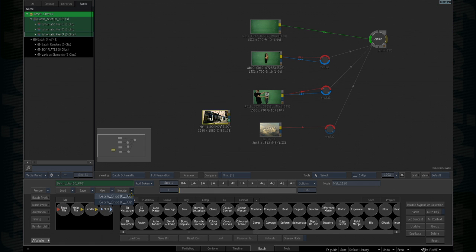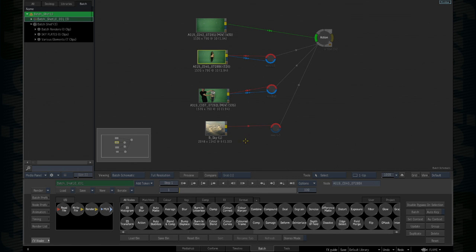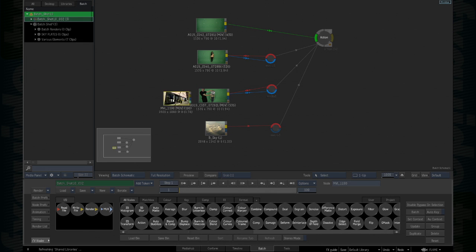But if I want to track back to the previous version, there's a drop down here, and I just switch back and it asks me if I want to replace or append. If I hit replace, I'm back to the version where I was before, and I can get back to my second version, replace again. There you go, my clip is here, the one that I added. So it's a very easy way to do a very quick incrementation of your work